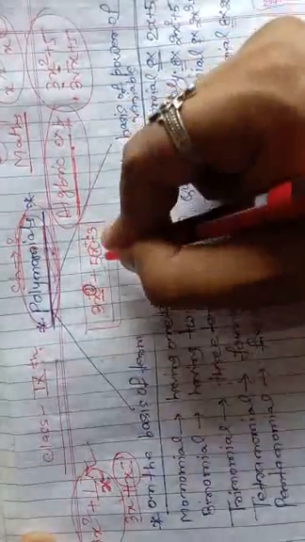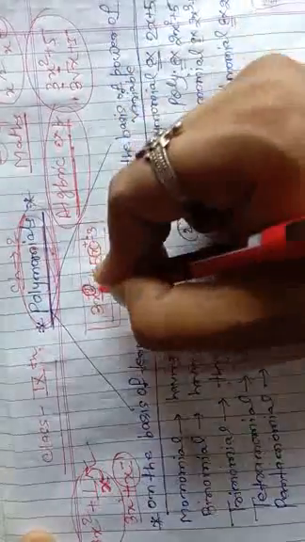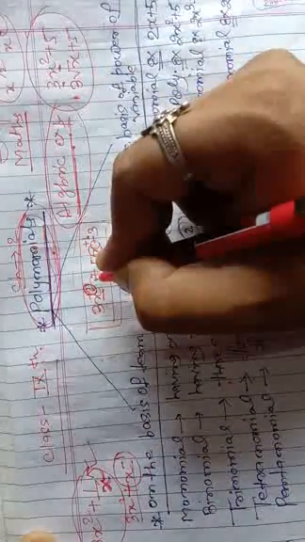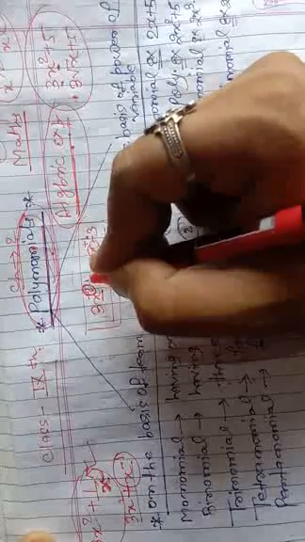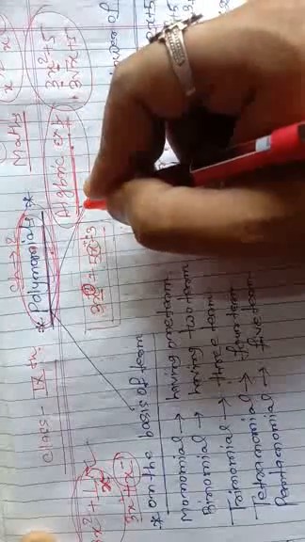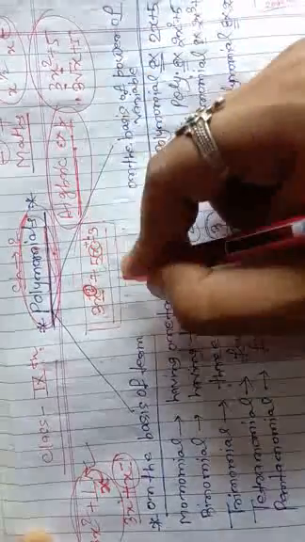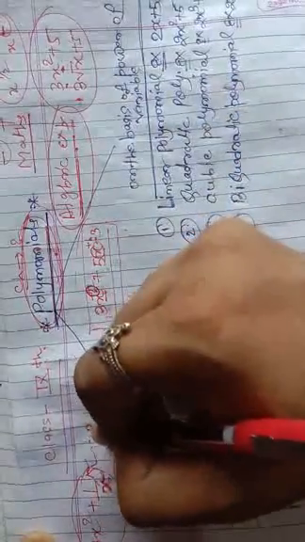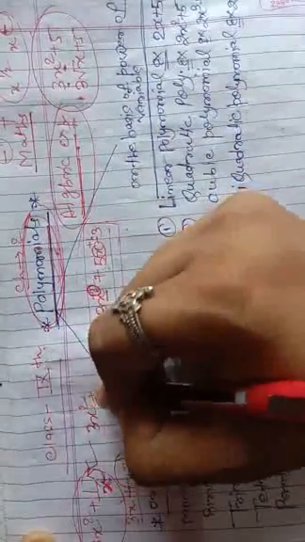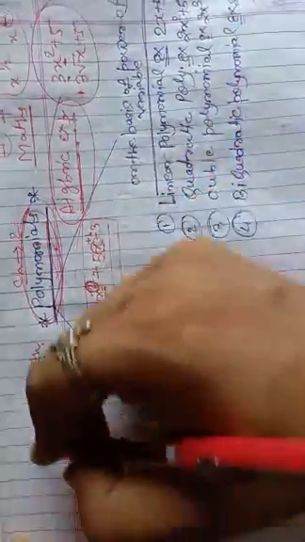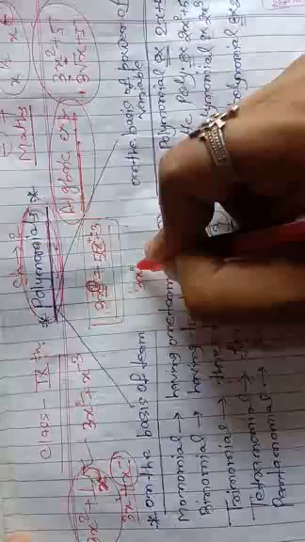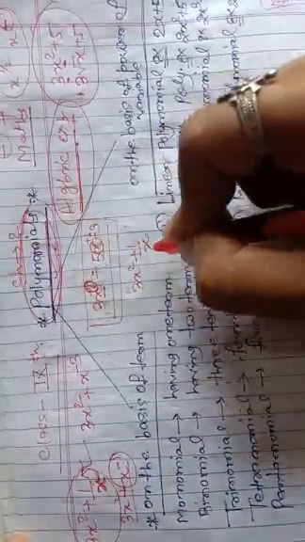So how many variables are involved in the polynomial? They all have positive integer power. That means their power should be in the form of a positive integer. Other than a positive integer, if they have any other power, then they cannot be called a polynomial. Suppose I write one example. Suppose 3x square plus x to the power minus 3, or we may write the example 3x square plus 1 by x. So these two are not examples of a polynomial.